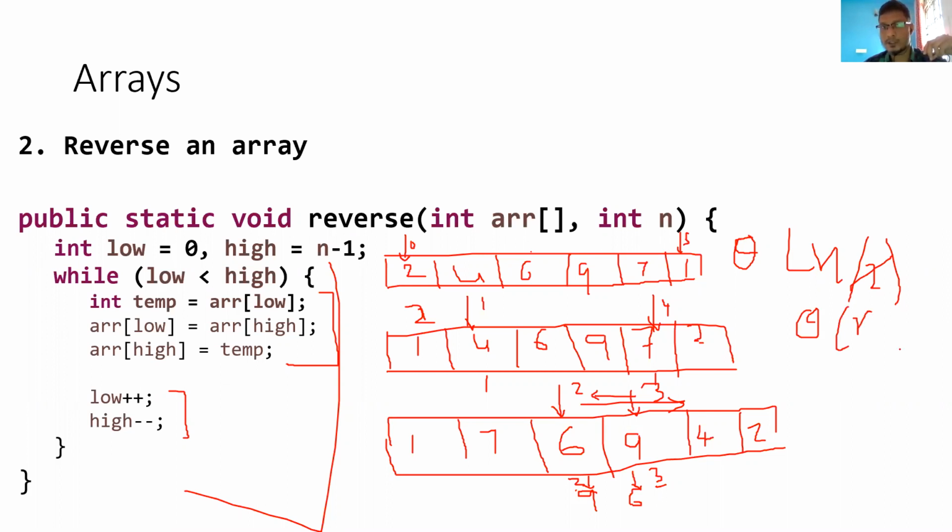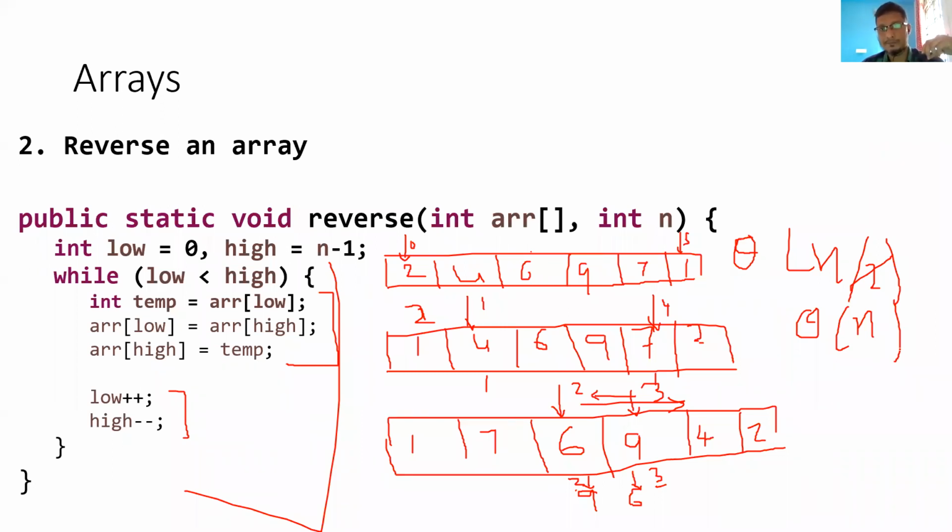We have some questions. So it is theta of n log n, or theta of n? No, Kannan, it is not log n, because log will come only if every iteration reduces the problem by half. It is not the case here. You are going to do exactly n by 2 times.